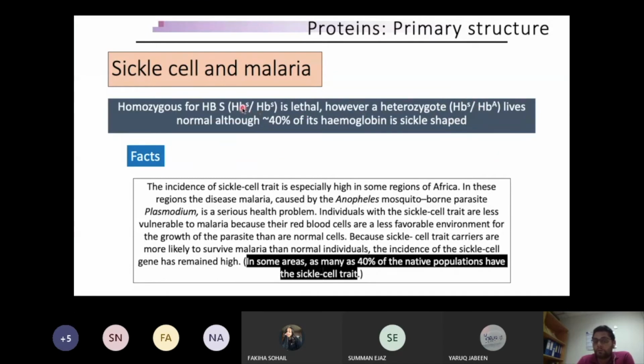Otherwise, we all know what natural selection is, and under natural selection these organisms are the best fit organisms. Do you know what natural selection is? Yes, sir. So under normal circumstances, these are the naturally selected organisms, and those with sickle cell are not the naturally selected organisms, so they will not live. This is one of the ways nature is preserving those phenotypes which are not favorable.